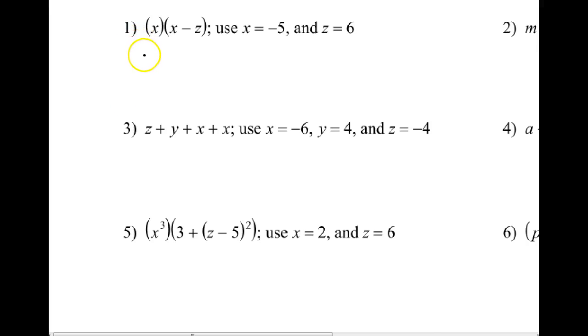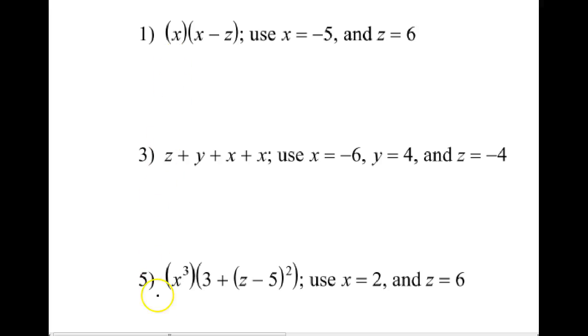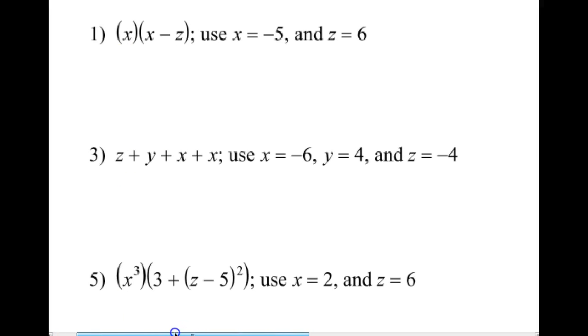So here we go. Step 1, let's just plug everything in, and when you substitute things in, use parentheses. Doesn't really make a difference on number 1. When you get to number 5, maybe it does. Okay, but they're not too bad. So use parentheses, plugging things in. And we're going to put equal signs each step. And we're going to try to line those up vertically so you can actually follow and see what's going on.